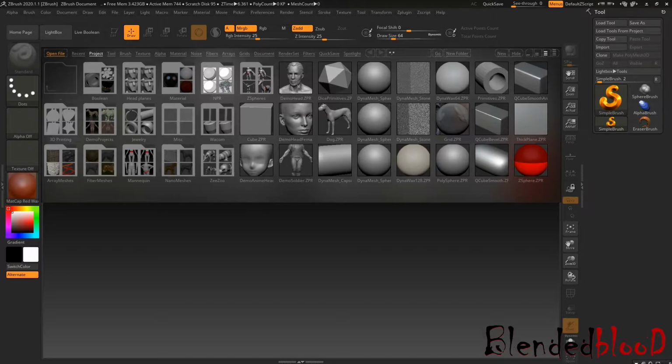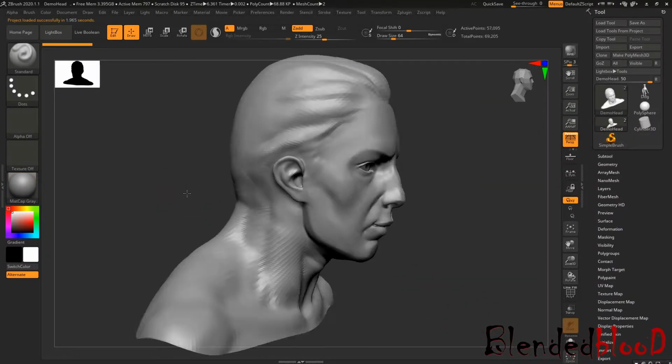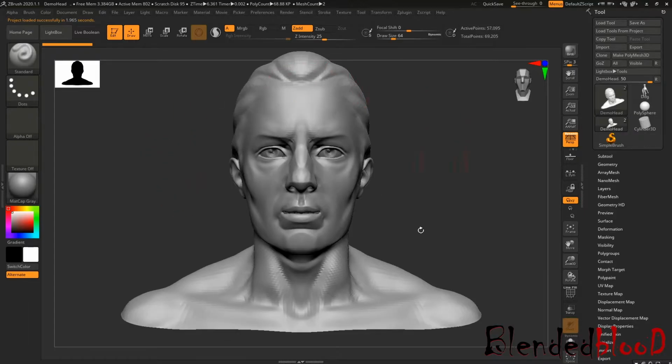You can see a demo head, a female head, a male body. If I double click on this, it will appear in my view. See, this one is my viewport, my working area, my canvas, you can say.